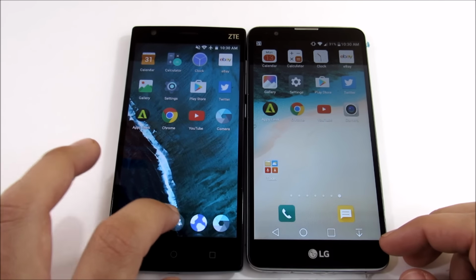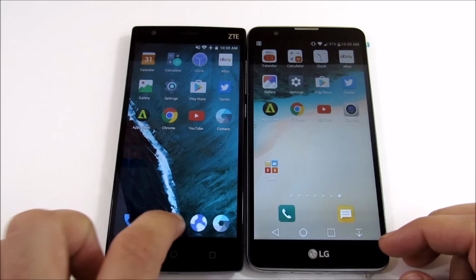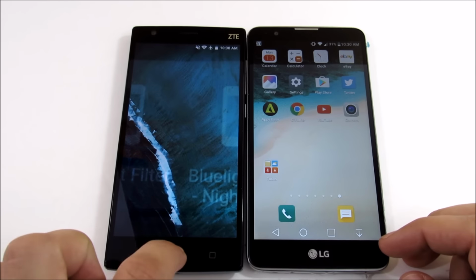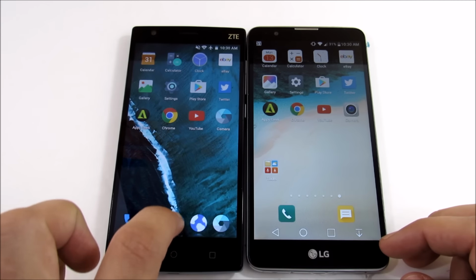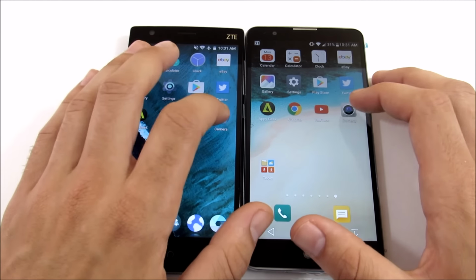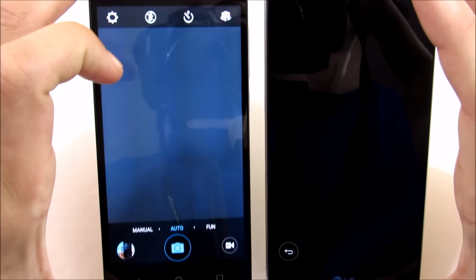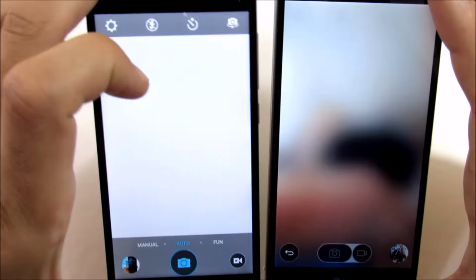Now, this little lag thing, I always get this on the ZTE Zmax 2. I don't know what this is. And I know a lot of people are going to say, Nick, go ahead and install a custom launcher. But some people don't know how to do that and don't want to do that. They just want to use their phone. And this right here is really annoying because I can't even go into the app drawer. But the ZTE or the G Stylo or the Stylo 2, keep getting that messed up, doesn't even have an